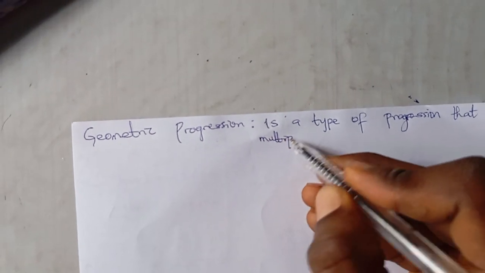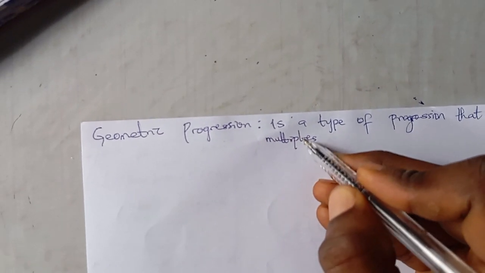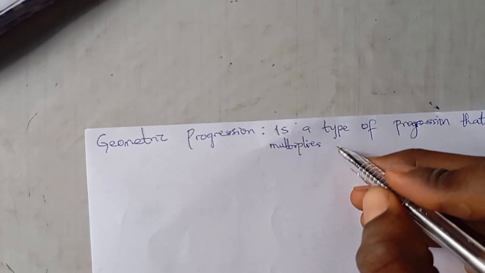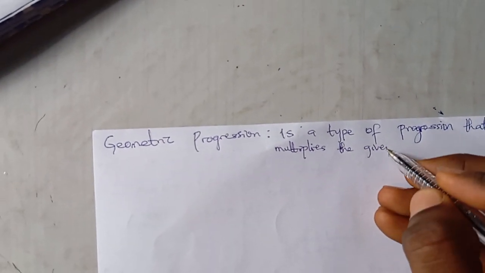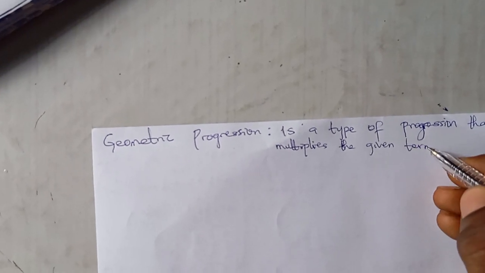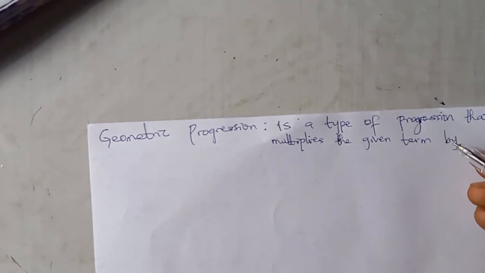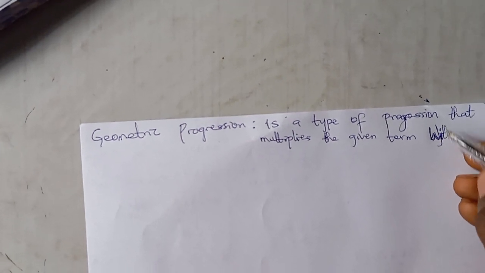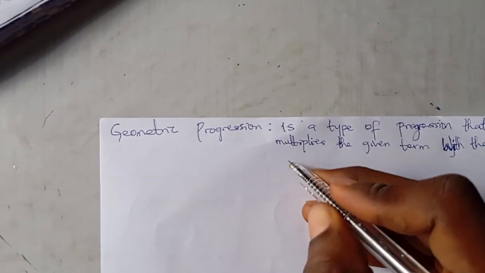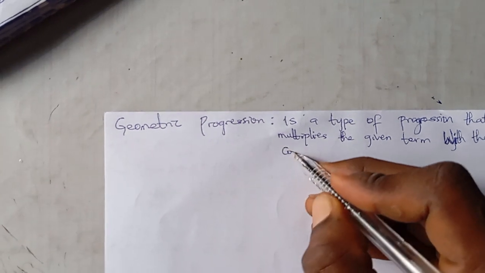The difference between it and the other one is that the other is addition, this one is multiplication, that multiplies the given term by the common ratio